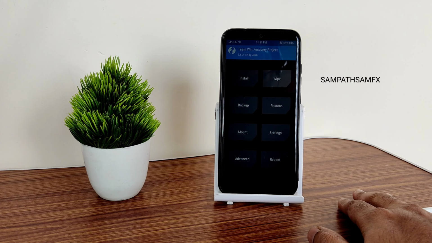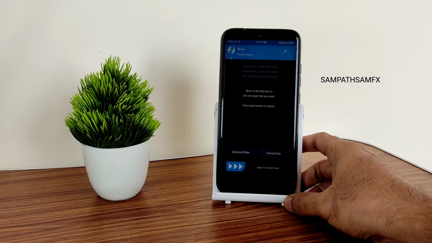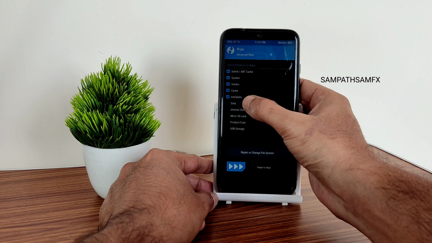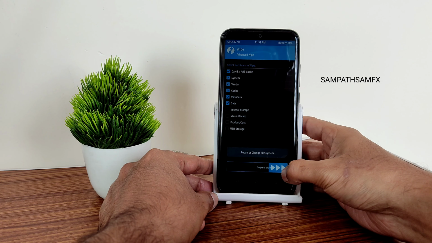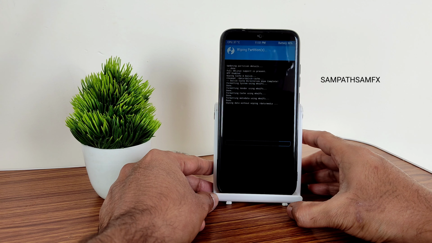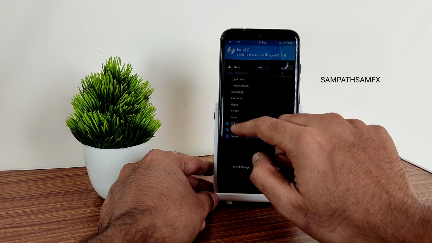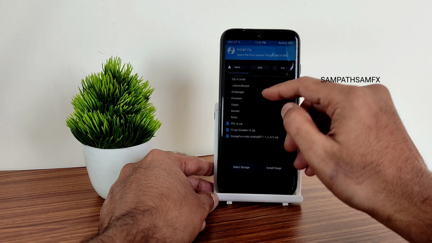Once you boot into recovery, go to wipe here and select advanced wipe. Select Dalvik, system, vendor, cache, metadata and data. Swipe here to wipe it. Done. Now go to the home section and select install, and wherever you downloaded the ROM zip file, first flash